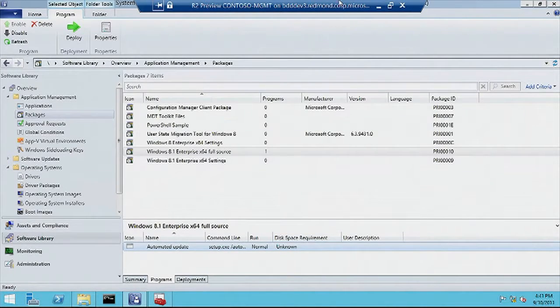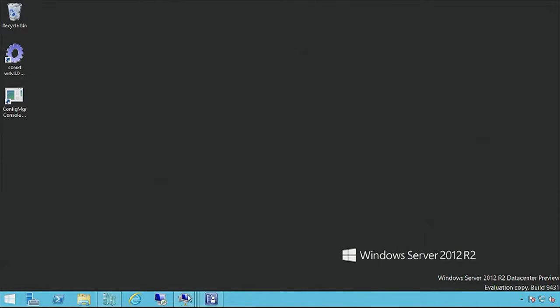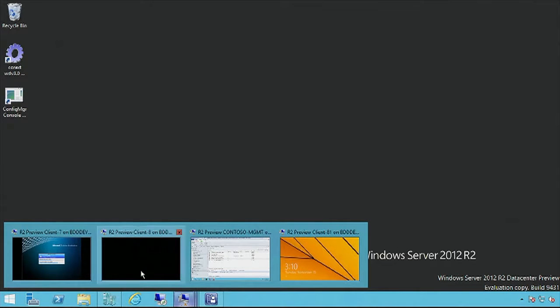Let's see how our deployment's actually doing. Still working on both sides, so it'll probably take another 20-25 minutes or so, but easy enough to go through the process whether we're coming from Windows